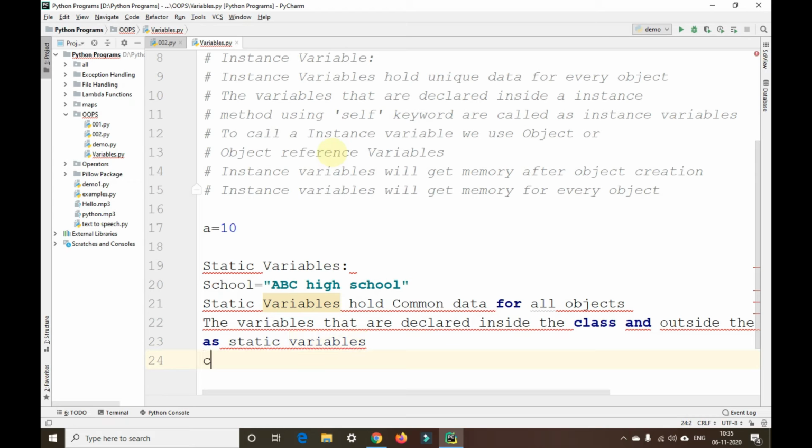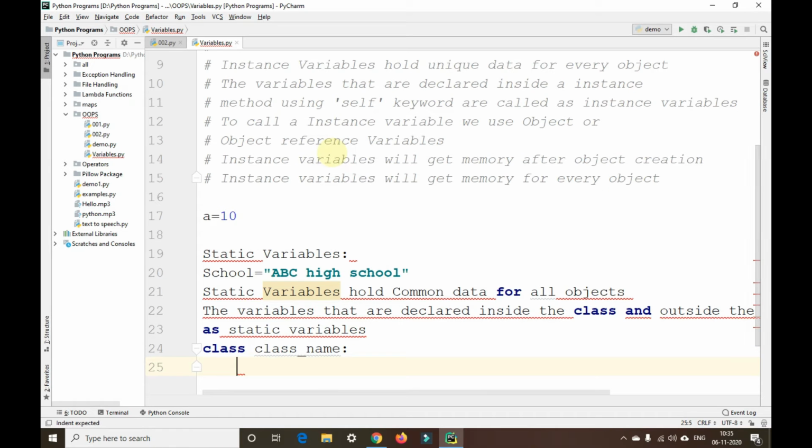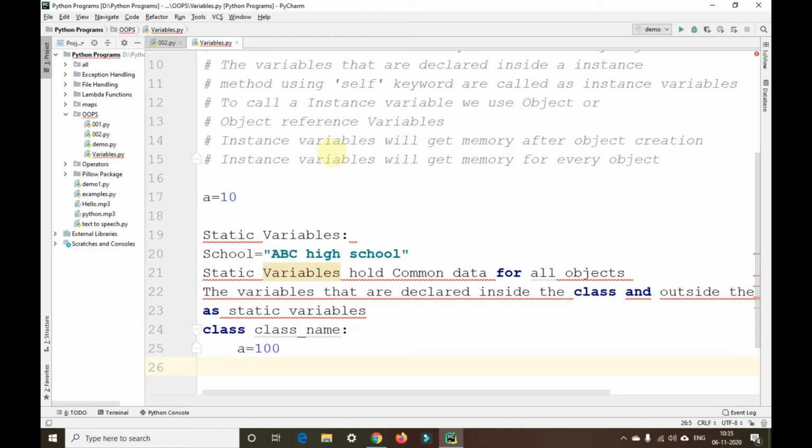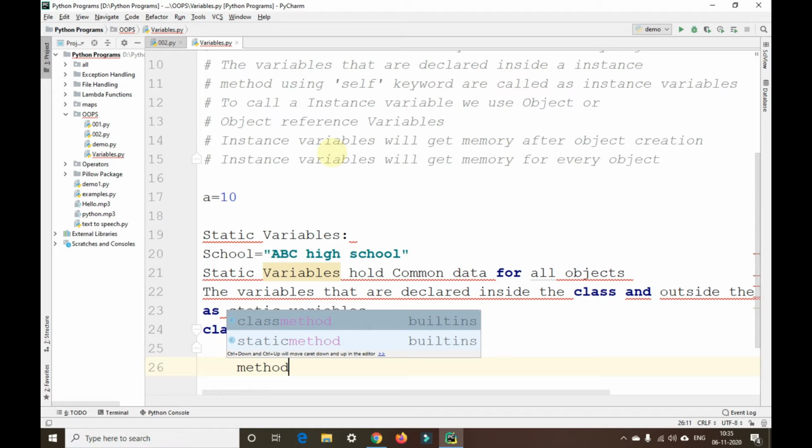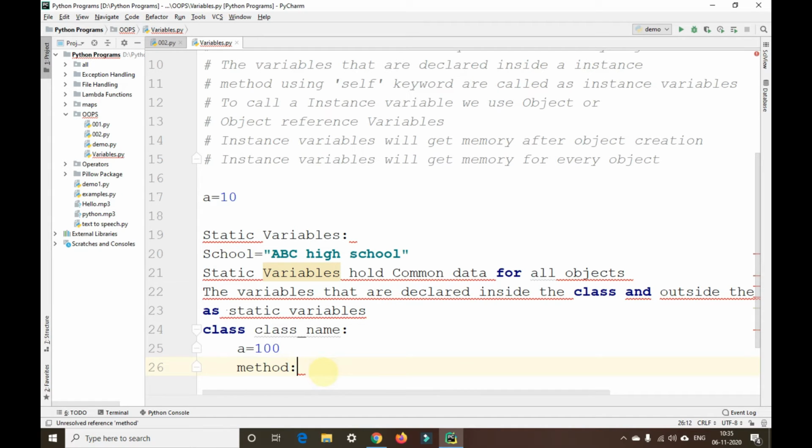For example, if I take class followed by class name colon a equals to 100, then this is the variable and this is the method that I'll be writing here, static method or something, any method.